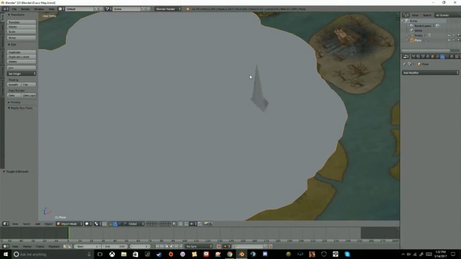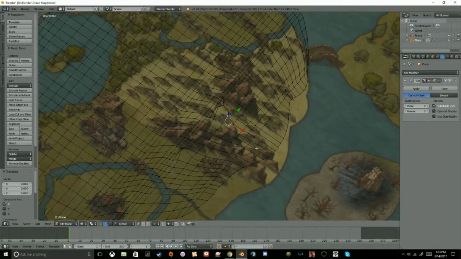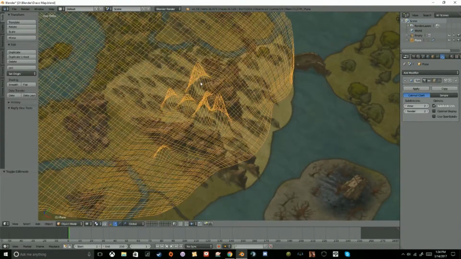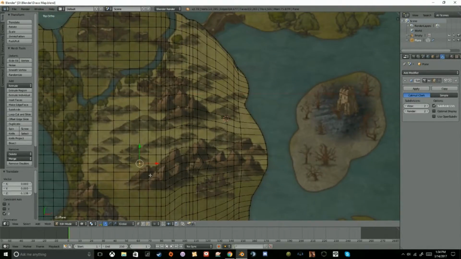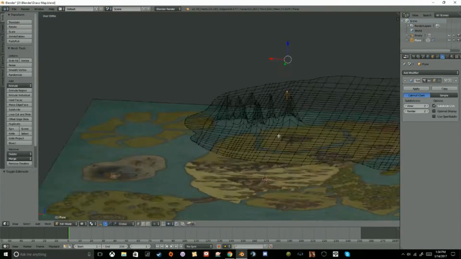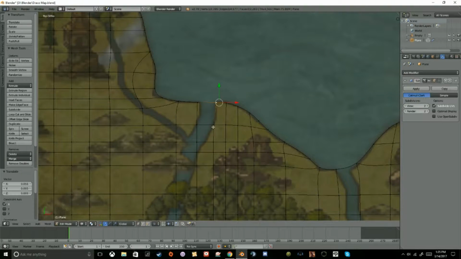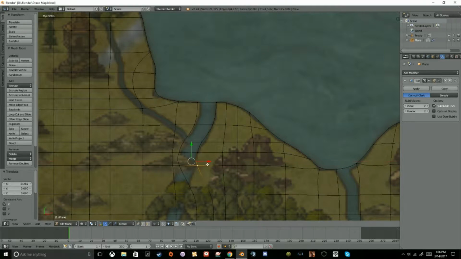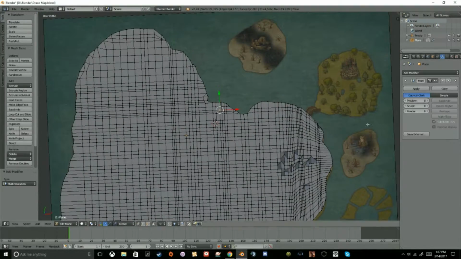So this is where I'm just going to apply your standard subdivision surface modifier and start making the mountains that you see on the map. And I didn't do it very precisely, per se. I did it in a way that looks more natural, more randomly spread out. So you can see how it's popping out of the map, which is something you obviously don't get with regular 2D maps, and it's something that's really powerful in Blender. Now you can see I actually start to shape the rivers that go through the